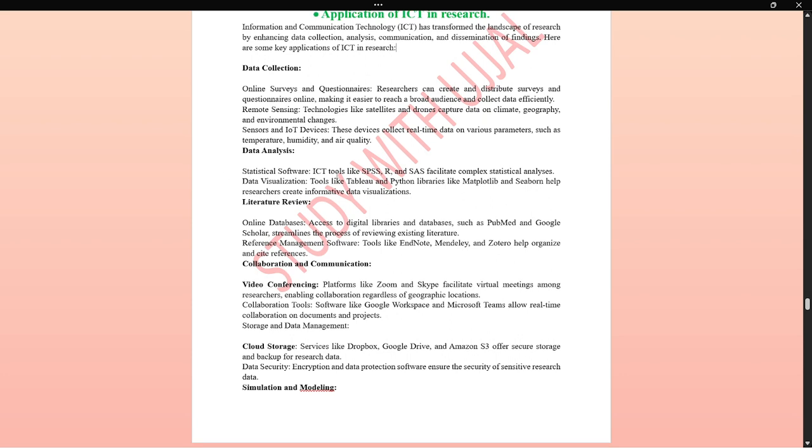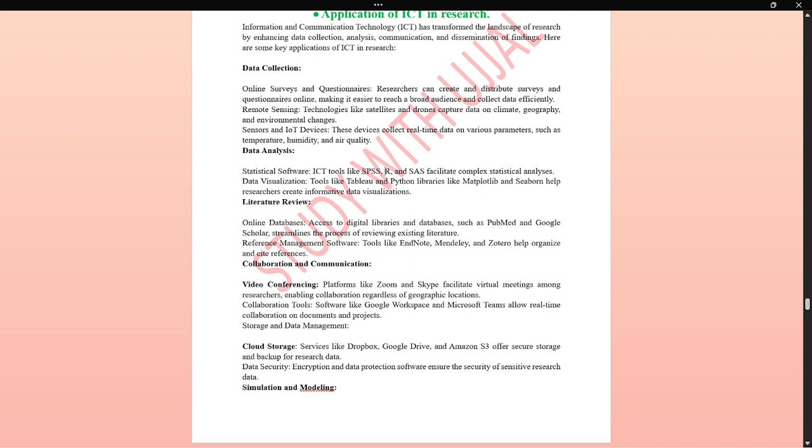For data analysis you can use the ICT tool SPSS, the Statistical Package for the Social Sciences, for quantitative data, for example male, female, gender. Suppose your variables, two or three variables, and you want to test correlation, parametric tests, non-parametric tests. Through SPSS you can analyze data. Okay, statistical software: R also you can use. There are other software also available.